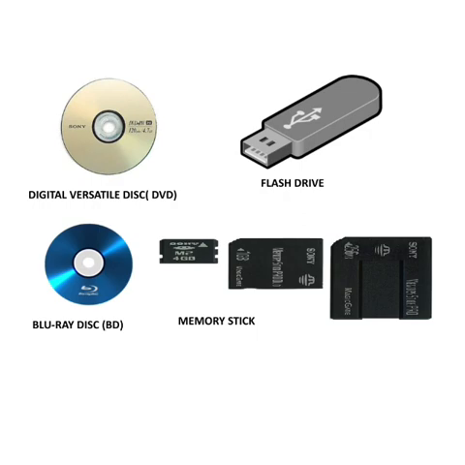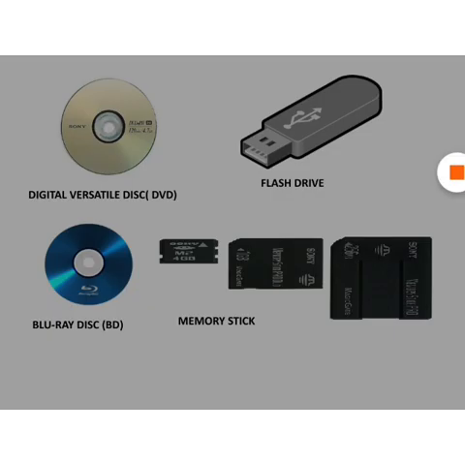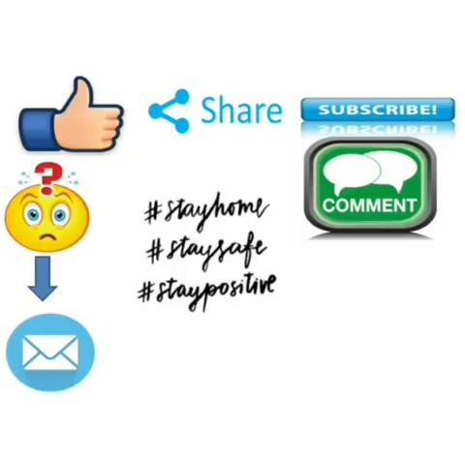Now last is memory stick. This is a removable flash memory card, also known as multimedia card. It is a high capacity, high speed storage device generally used in mobiles, cameras, tablets, PlayStation, etc. Its storage capacity can range from 1 GB to 512 GB. So here chapter 2 ends.